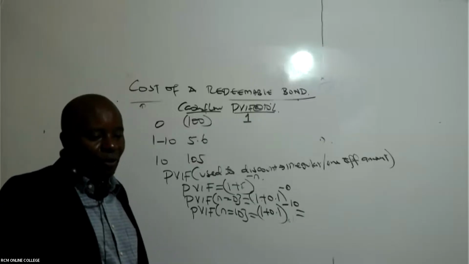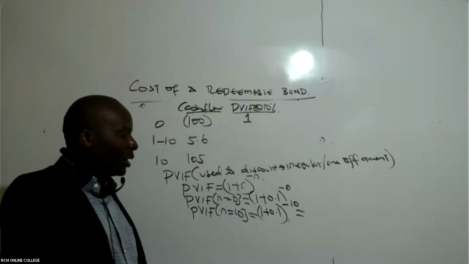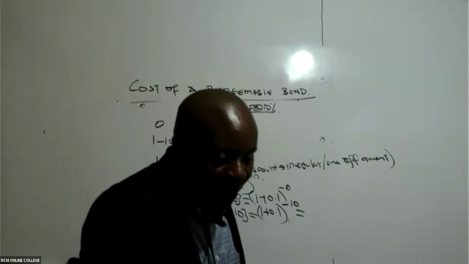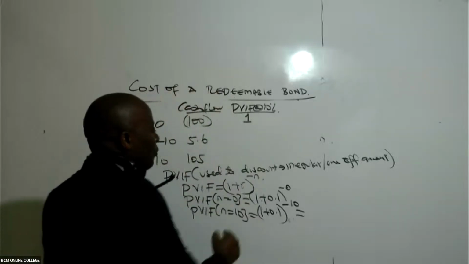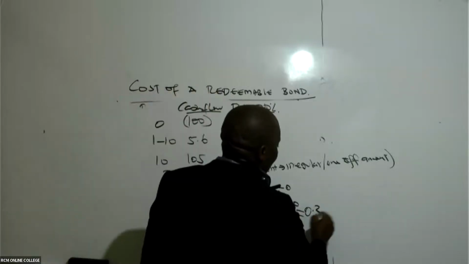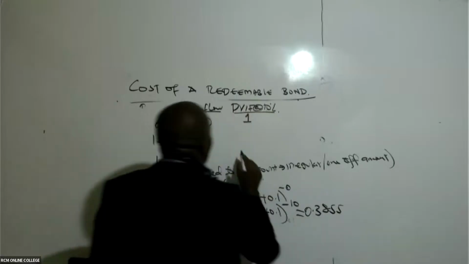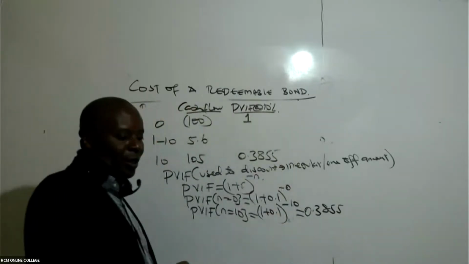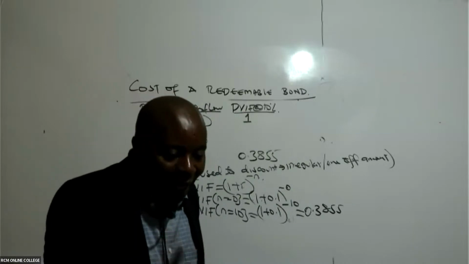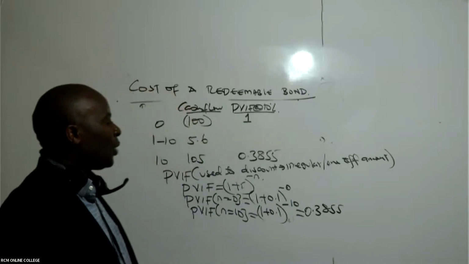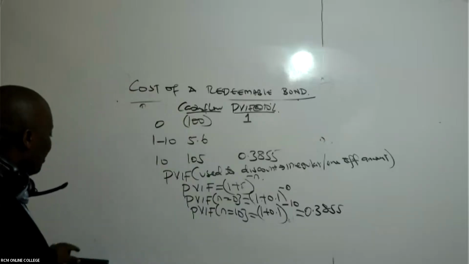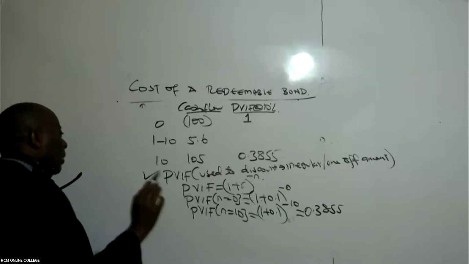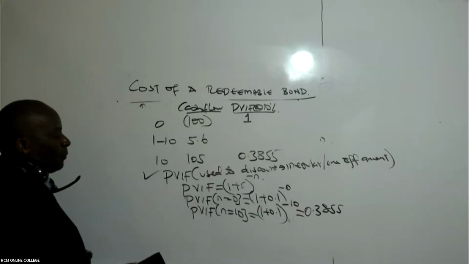Is there some good student who is able to give me this answer? 1.1 raised to negative 10. What figure are we getting? 1.1. So in this case here, from BR, we're getting 0.3855. Is there someone else who is able to confirm this figure? How come I'm getting a figure from only one student, you ninjas? I also have Angie and Kibisu, they've been able to confirm this one here. Thank you so much. So that's what we call PV, used to discount irregular or one-off amounts, one-off cash flows.